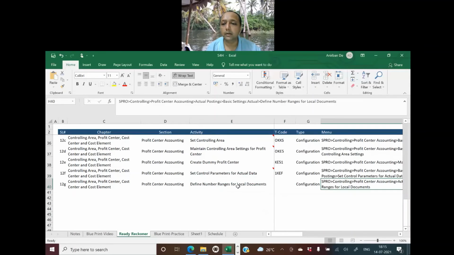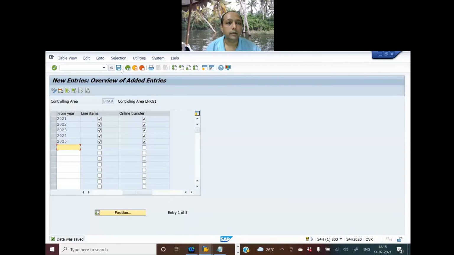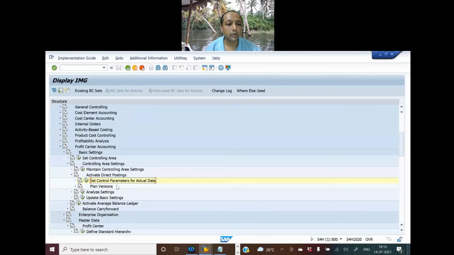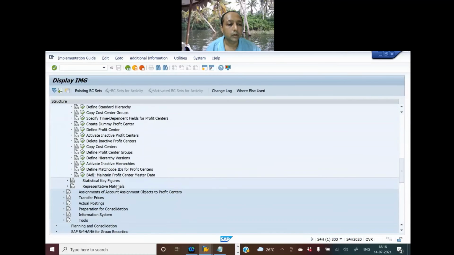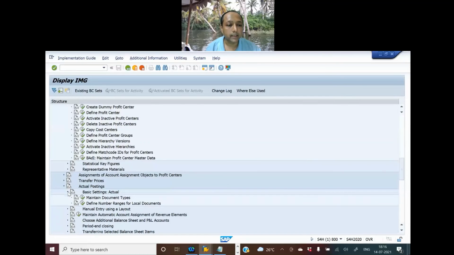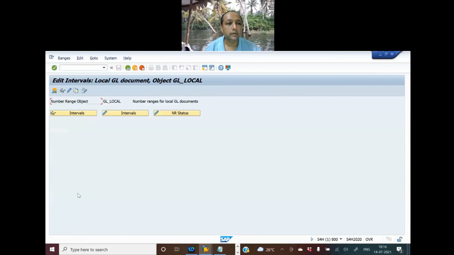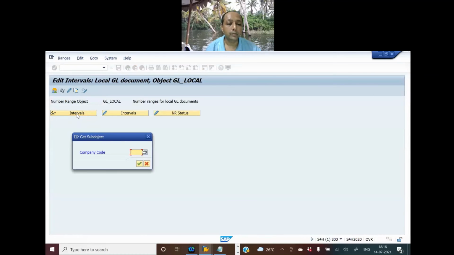If you see the menu path, all are mentioned here. Okay. So define number ranges for the local documents. Now I'll go out, and then I'll define the number ranges. So I will go to the actual posting, then basic settings actual, and then define number ranges for the local documents. Now, if I click on the interval, I see that for the company code HKNM,